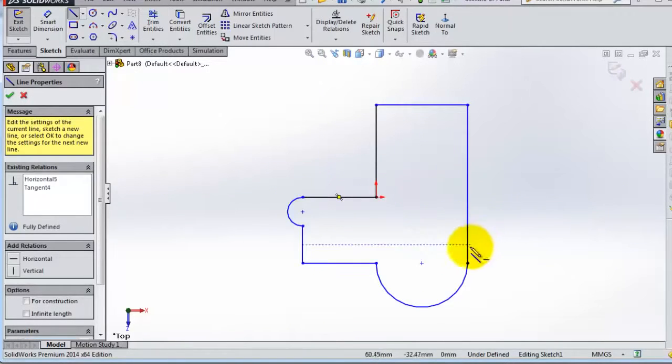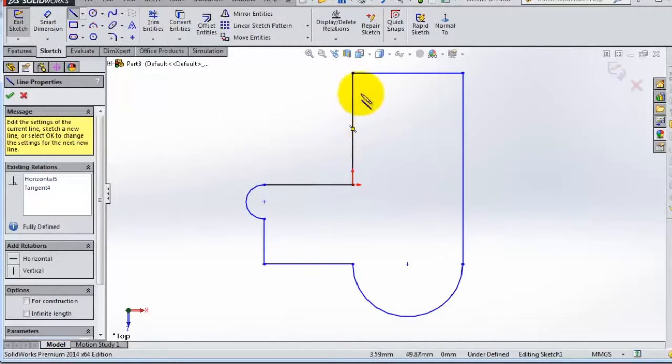If you look at the sketch, you'll notice some lines are black and the rest are blue or dark blue. That means the black lines are defined and the rest are not defined. In this case, these lines have a starting point or ending point on the origin, and as you know, the origin is a defined place. The rest are missing something to be defined. So to do the definition, you need to make